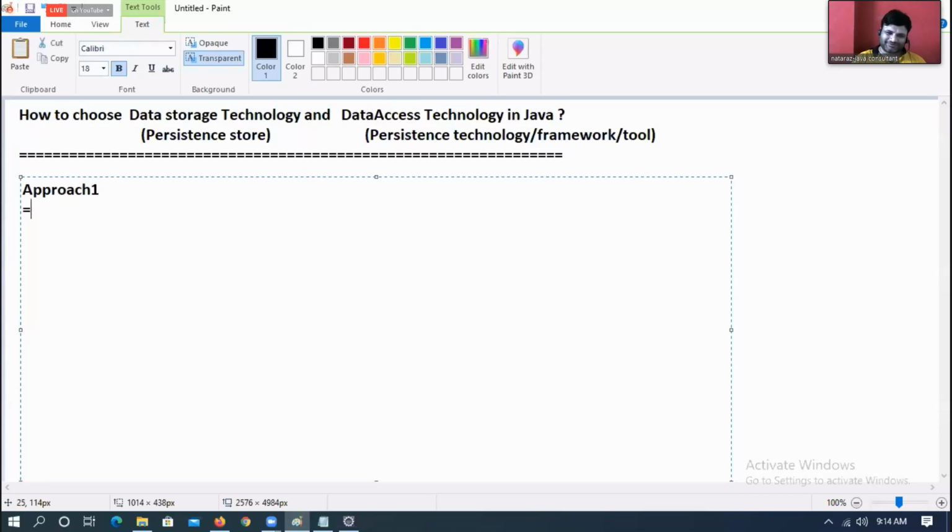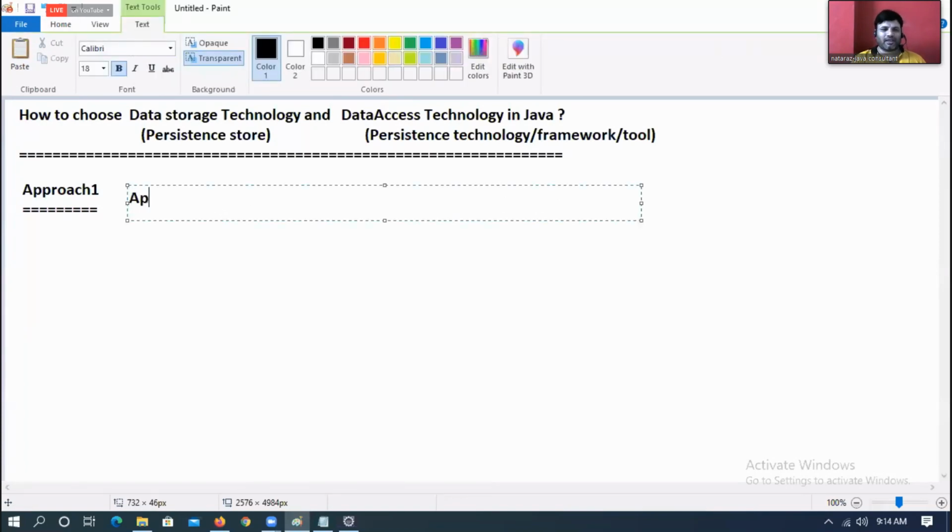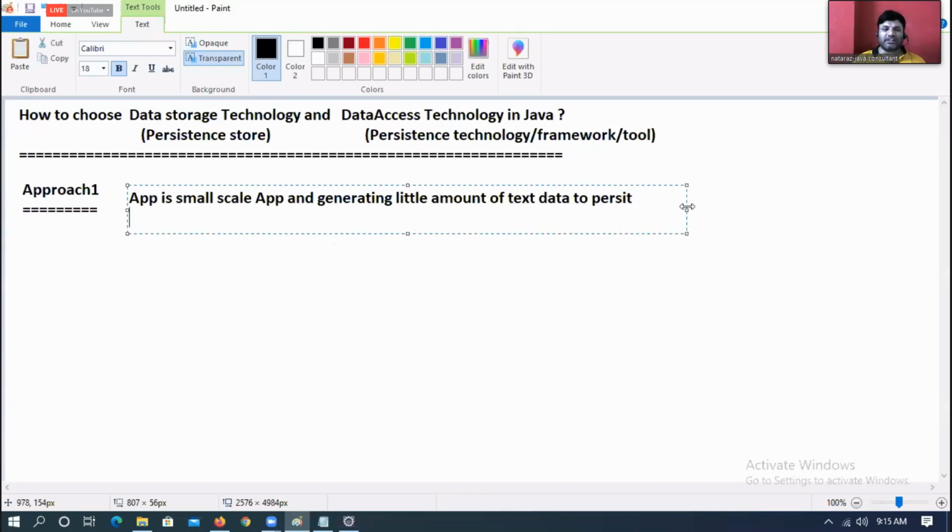Approach one. The application is a small scale application and generating a little amount of text data to persist.